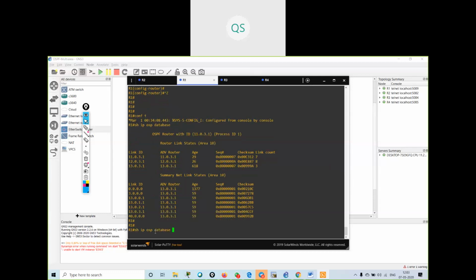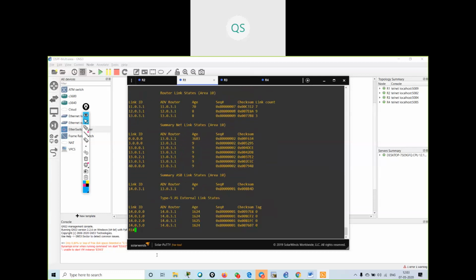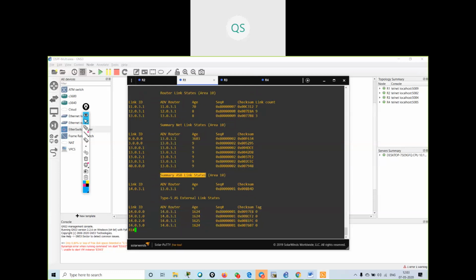See my database table now. How many routes am I having? It is showing me type 5. These are your external routes. These are your summary ASBR link routes. 14 dot is my ASBR route.